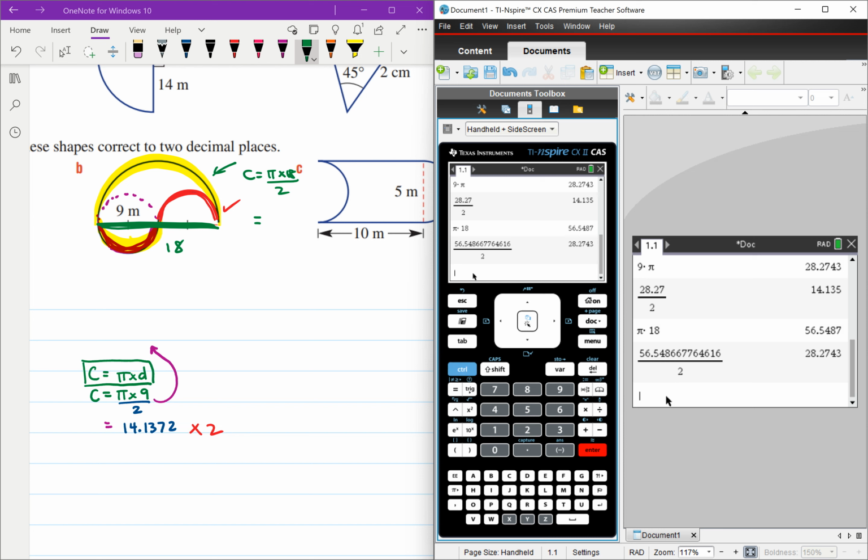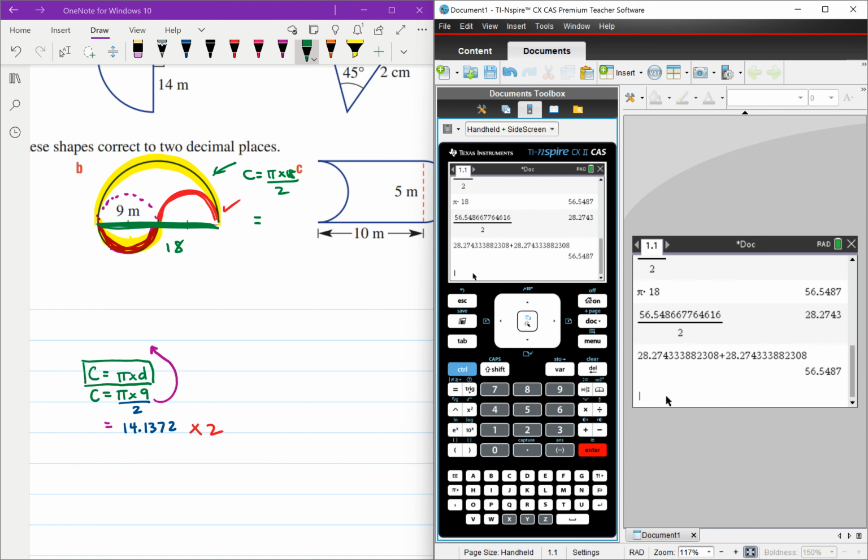That gives you 28.27 plus the previous answer as well. So your final answer for this question, perimeter is equal to 56.55 meters. Okay, so if you were doing that question, you want to check if you got it right. It should be 56.55 meters. Otherwise, there you go. That's it for my